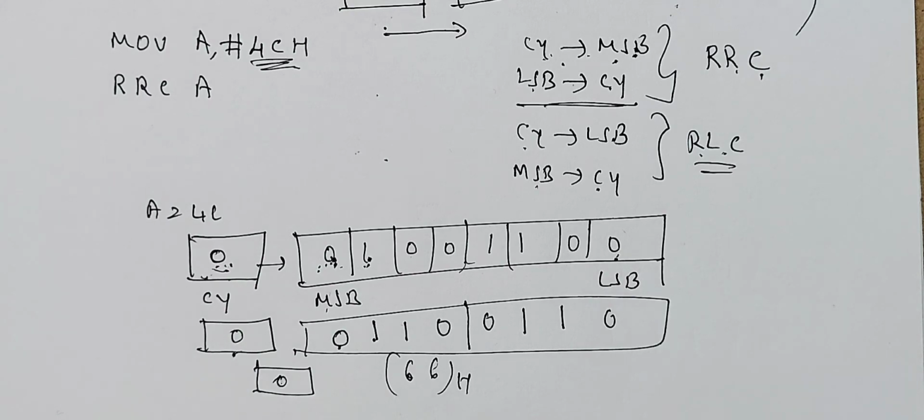In this way you can operate the rotation operations. So rotation operations are also called logic operations, used in microcontroller assembly language programs, usually in the interface of a motor with the 8051 microcontroller. There are 4 types of rotation operation. RL means rotate left, RR means rotate right, RRC rotate right with carry, RLC rotate left with carry.